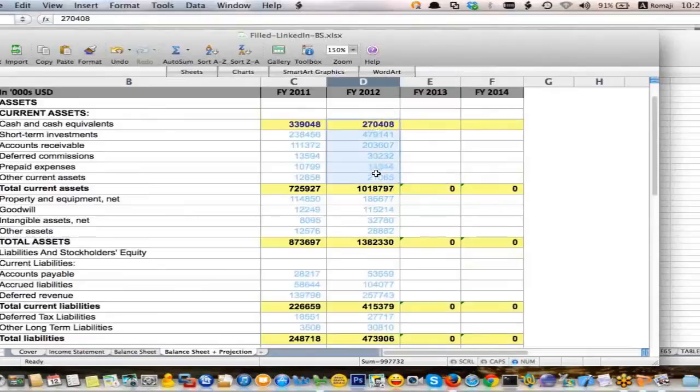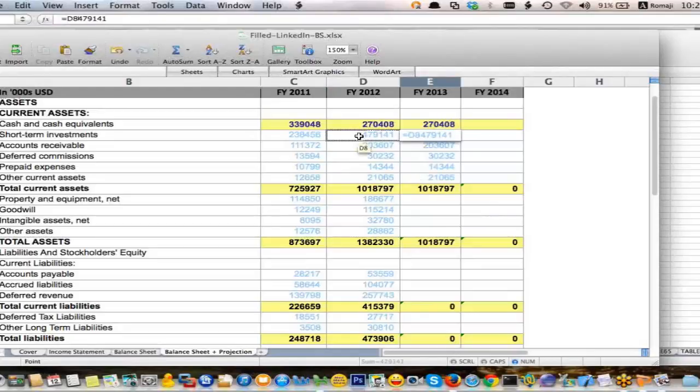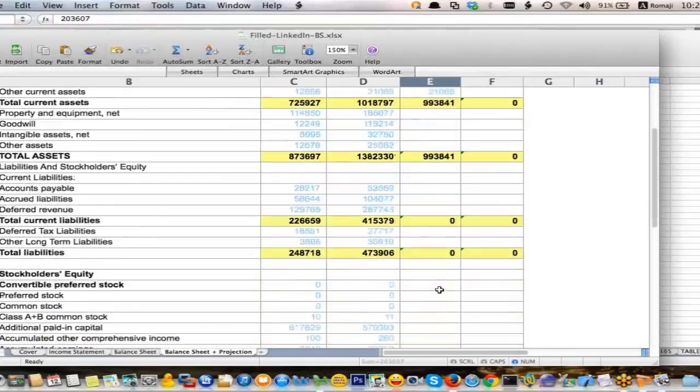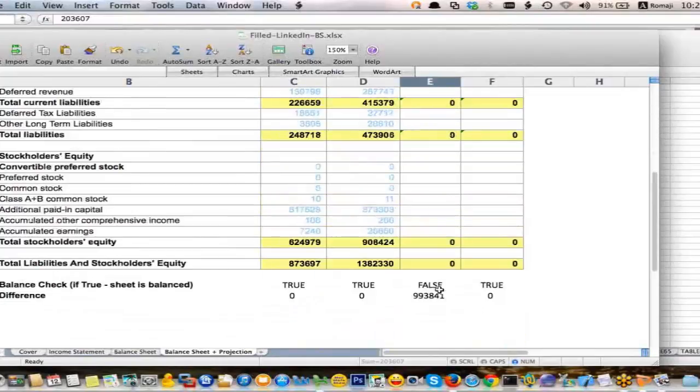2012 versus 2013. So let's copy across our values for 2013. But we want to say that our short-term investments must be reduced by 10%. So that times 0.9. I now have different values here. And if I had all the other values and projections for the what-if analysis that I wanted to do, because I don't know what that is yet, the business needs to tell me, I would then be able to see